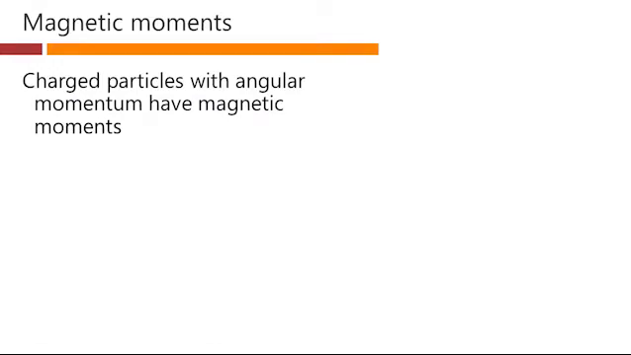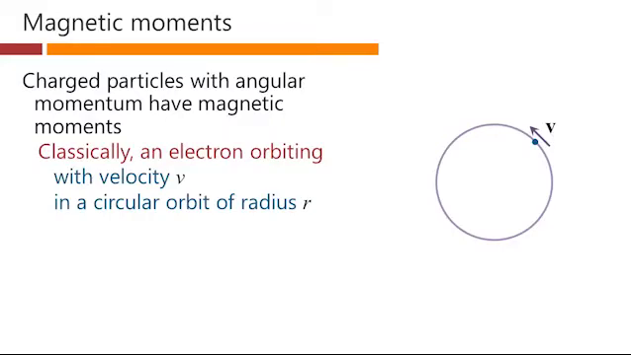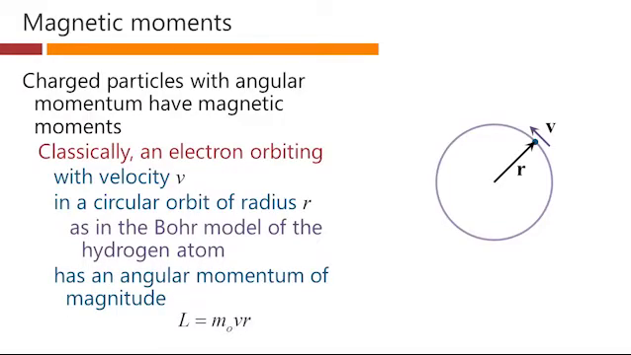Charged particles with angular momentum have magnetic moments. So, classically, here's our electron and here's our classical orbit for this electron, with some velocity v, so at any given point on the orbit a vector velocity v, in a circular orbit of radius r, as, for example, we write down in the Bohr model of a hydrogen atom, although we know that particular model is not correct. But for this electron hypothetically orbiting in a classical sense, then it would have an angular momentum